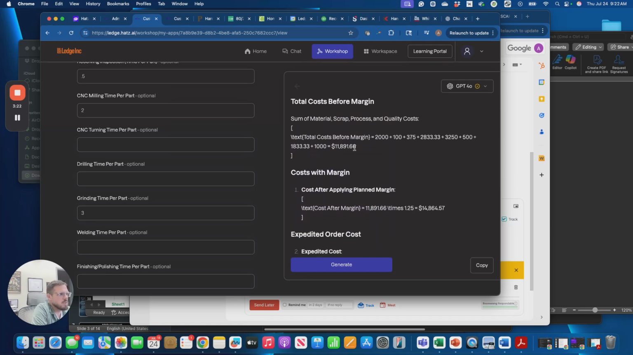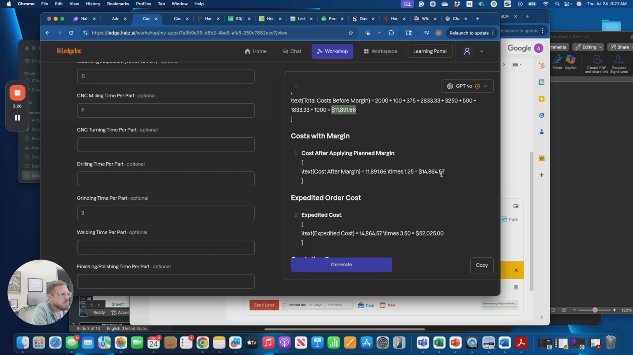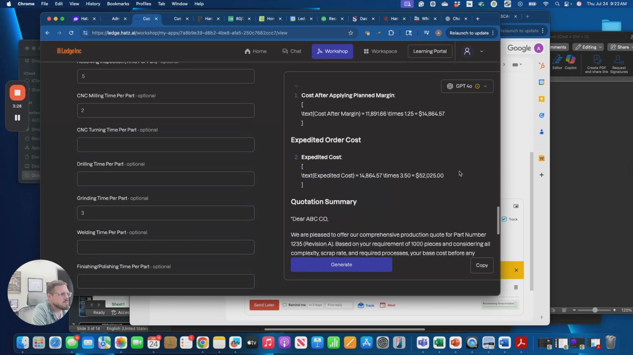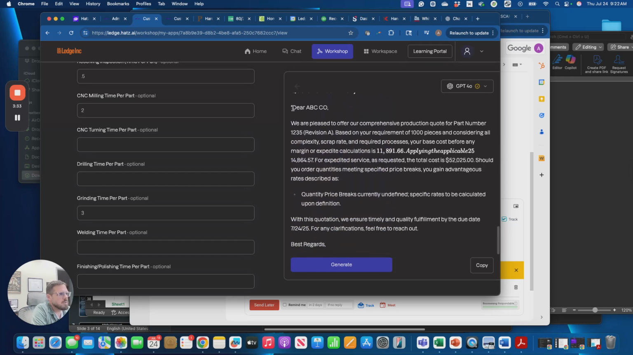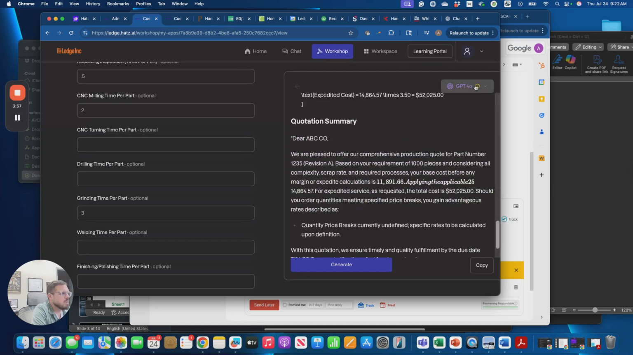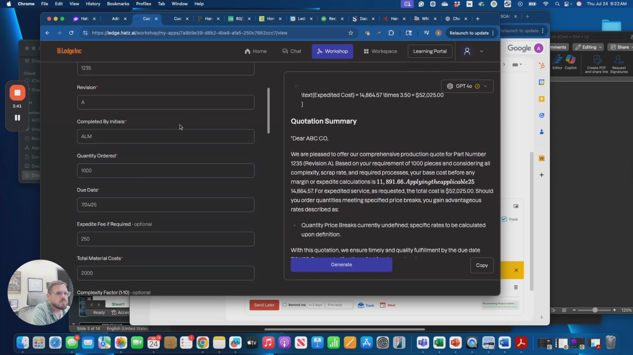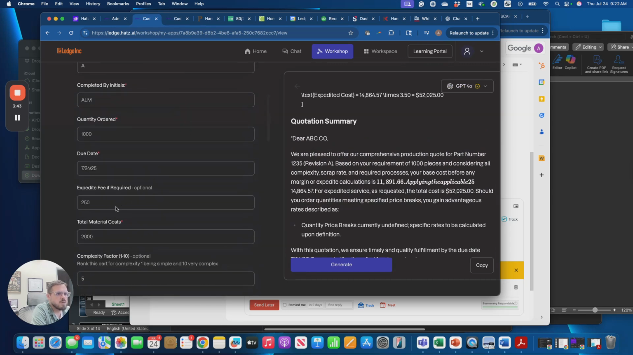For this job, total cost before the margin is $11,800. Once we apply the margin, we end up at about $15,000, add our expediting cost to it, and then on top of that we're able to drop in even the proposal wording there. Please note we can also roll up and say when I put in that expediting fee, it's applying that per part. So knowing we have $1,000, maybe that's a quarter a part instead of the $250, and so we can